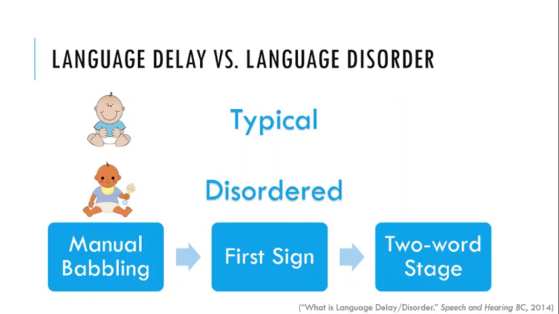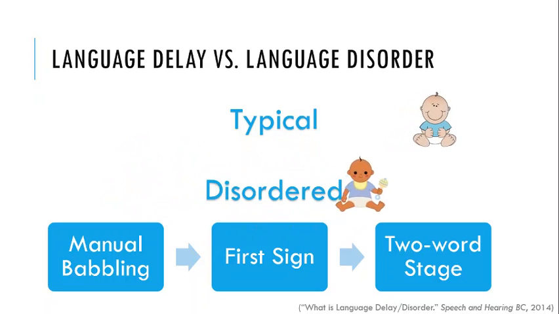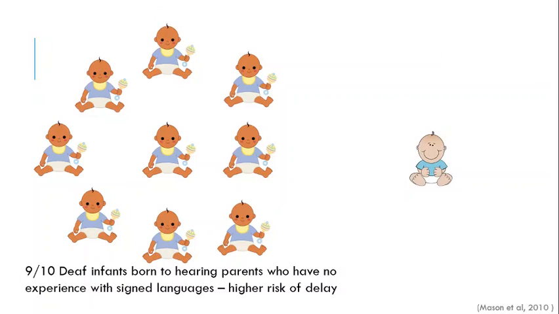On the other hand is disorder, where the child may have atypical development. So we might see stagnation at a certain stage. The child might make language errors that typically developing children don't make. They might express language unusually. And it's under this category of disorder where we find specific language impairment and stuttering. It's important to make the distinction between what is an apparent delay and disorder because late exposure to language is almost always a factor in characterizing deaf children's atypical language skills.